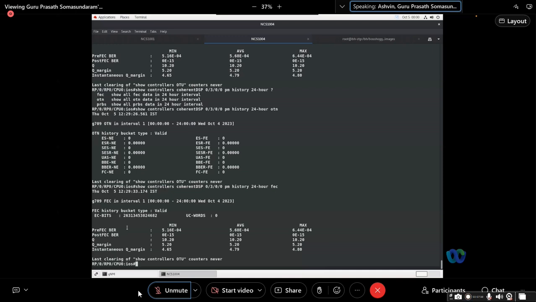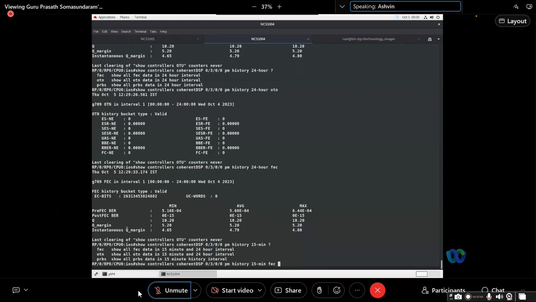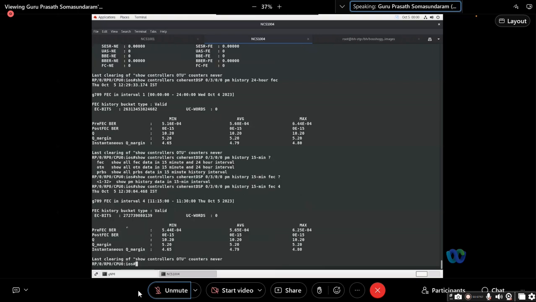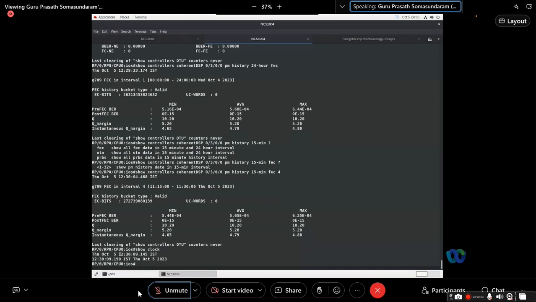And if I want to show 1 hour back history, then 1 hour back history means you have to go like 15 minutes, right? So you go to 15 minutes and then the 1 hour back bucket will be like 4, right? Something like that. Okay, so something like this. So if my current clock is like 12:30, right? So you want 11:30. So it's like 4 if you choose. Each is 15 minutes. So 4 buckets back. Yeah, 4 is